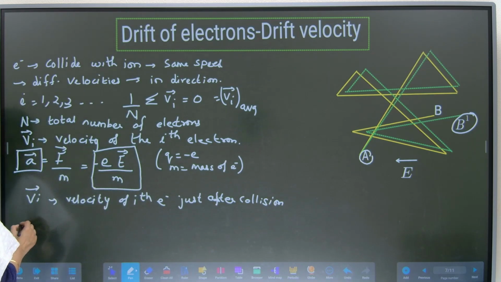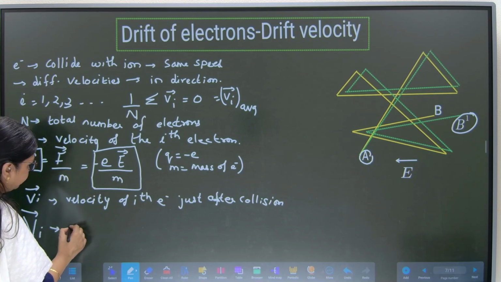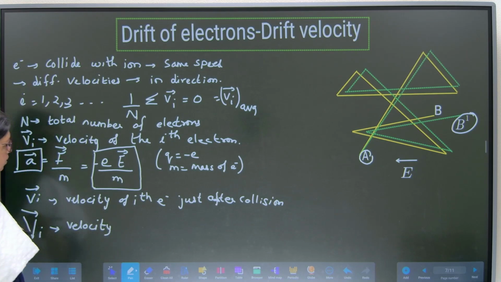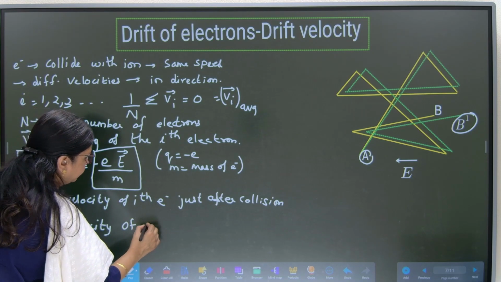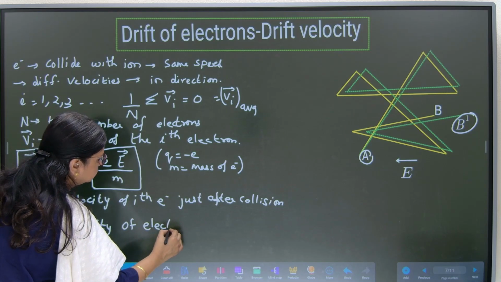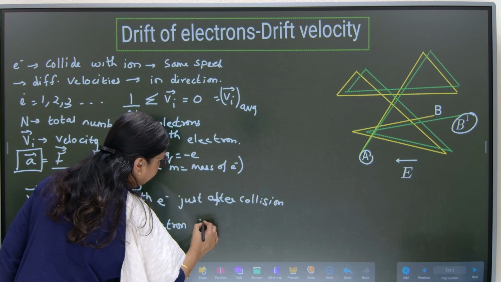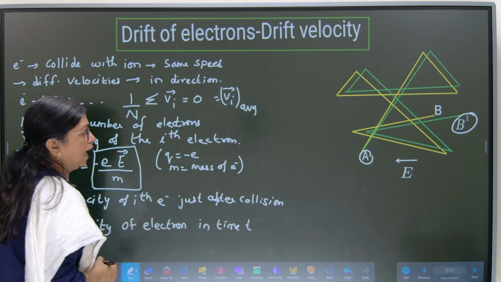Then capital Vi, which is the velocity of the ith electron in the time t, is given by